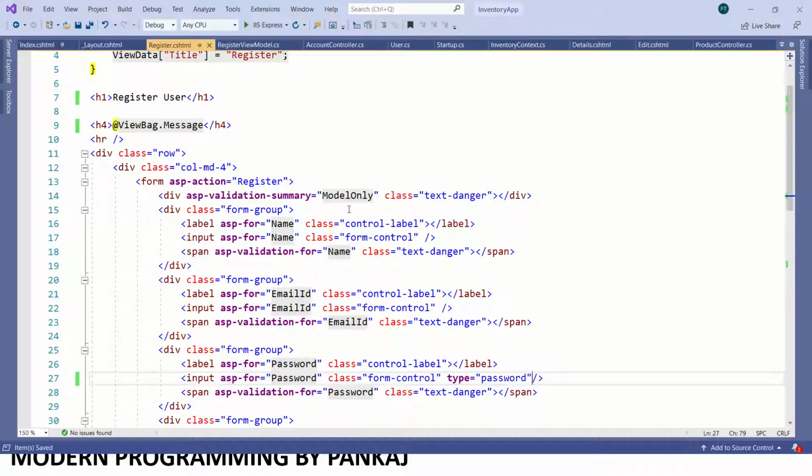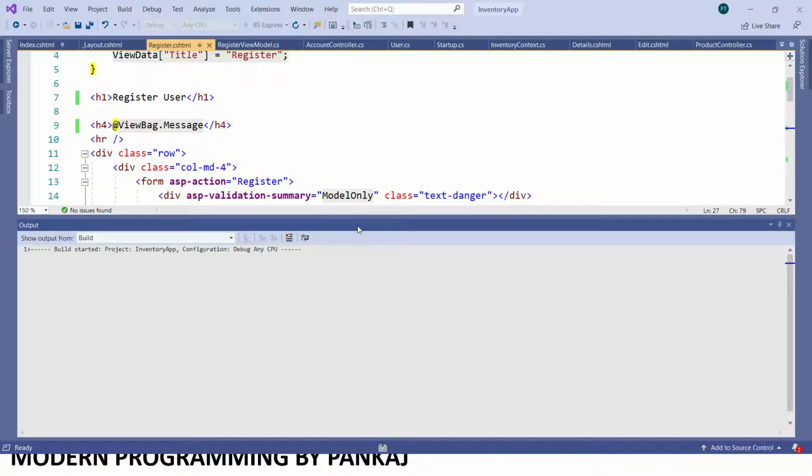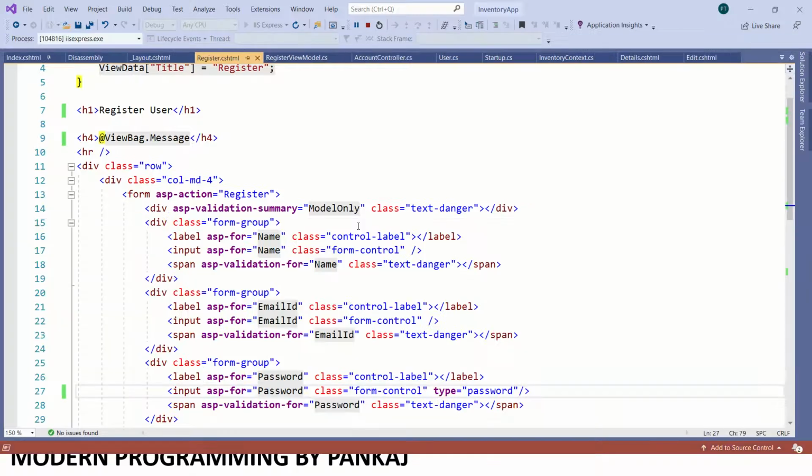Okay, now let's run the application and we'll see how it works. Your password should never be seen from the end user. So that's why I have kept the type of that field as password, so it will not show the real password in your UI.